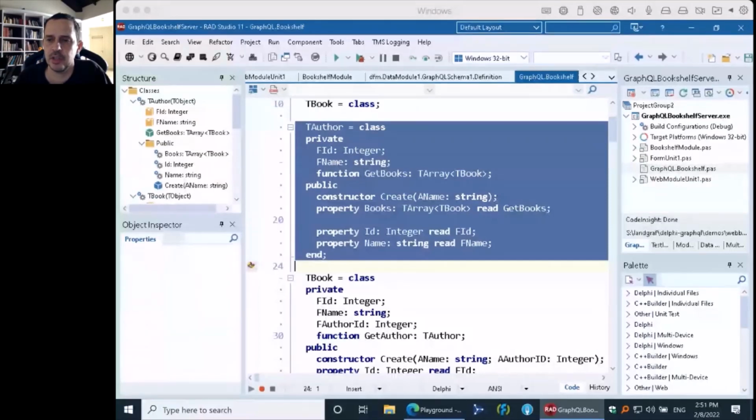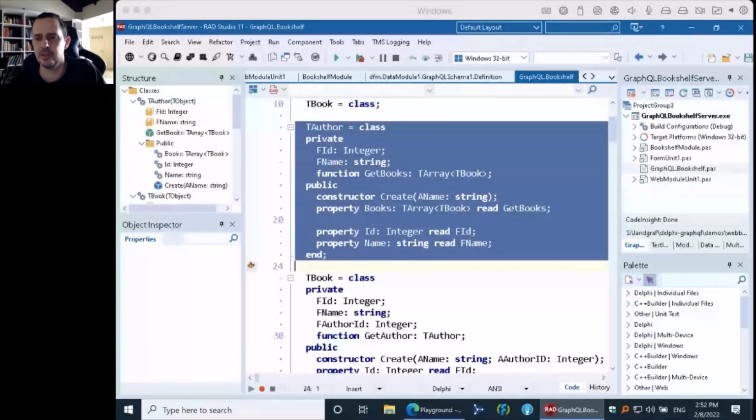So the projections are done by the framework automatically. If by projections you mean I want all the types and the fields, yes. So that's one point of GraphQL. I want to query all books, and for each book I want the ID and I want the name, but I don't want the release date. And for each book I want the author, but for the author I just want the name, I don't want the ID. So you can specify the structure of the results.